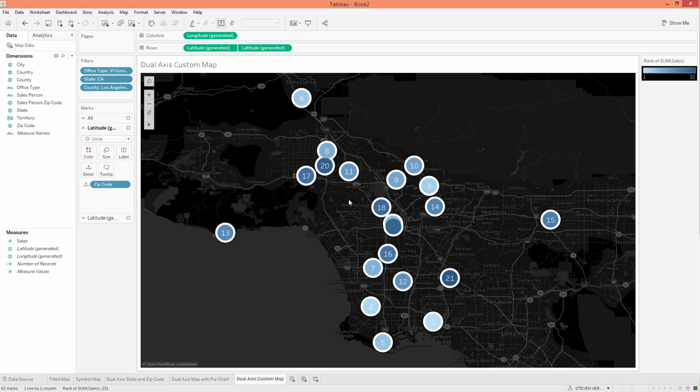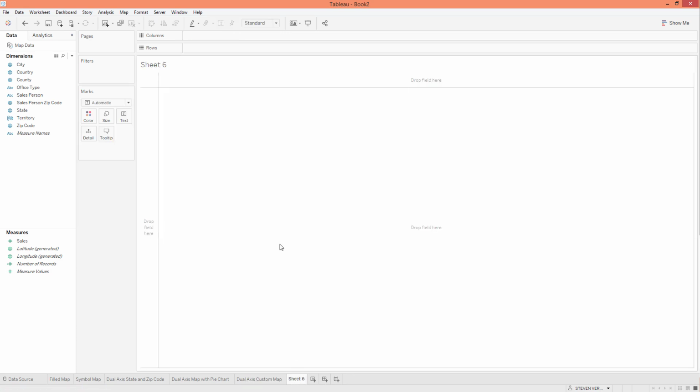All right, let's go ahead and do one more where we're going to be looking at a map and putting custom shapes in them. So you can download some custom shapes by using different websites. I use Flat Icon. You just download a PNG file, and once you download it, you copy it and you